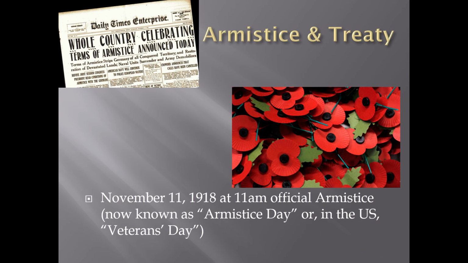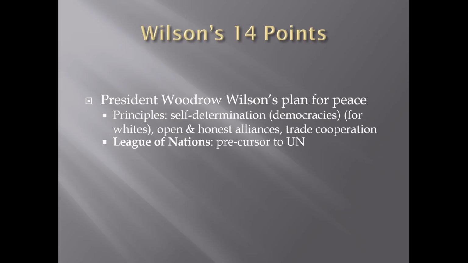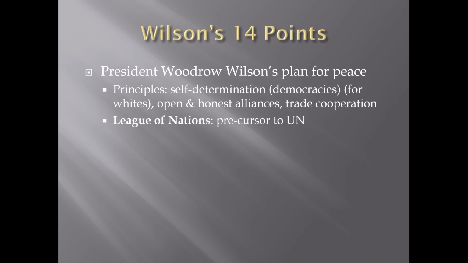Okay. So when it comes to designing the treaty, what are we looking at here? Well, the President of the United States had a plan that consisted of 14 points. So President Woodrow Wilson, his plan for peace is called the 14 points. You're not going to have to read all 14 points, but they boil down to the idea of self-determination. That means promoting democracies. This sounds very nice, and democracy can be a great form of government. But I want to point out that for Woodrow Wilson, this only means democracy, people getting a vote, for white people. So Wilson's a racist.